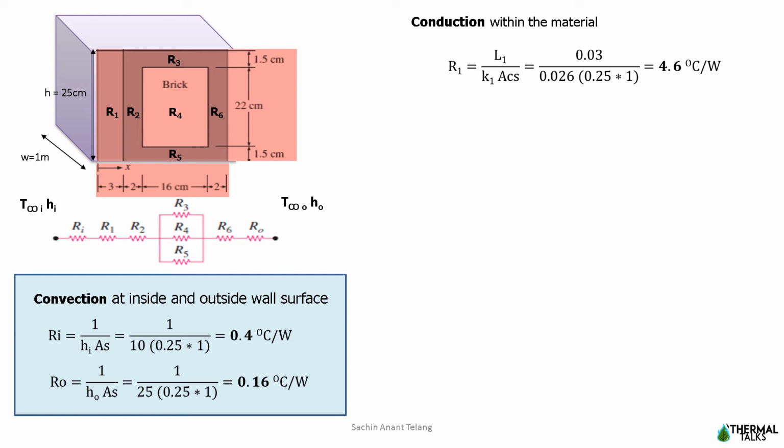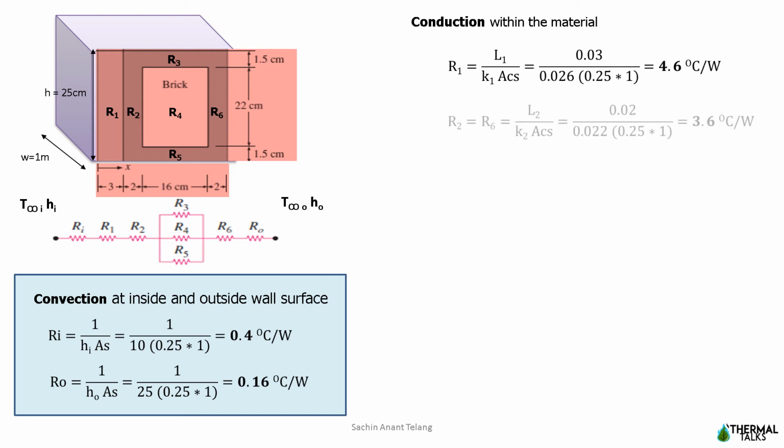So 0.03. K1 is nothing but the thermal conductivity of the foam, 0.026, and the cross sectional area. Here the cross sectional area is again the same as the surface area, because the heat is transferring from the left side to the right side. So the cross sectional area is the area which is perpendicular to the heat flow, which is nothing but height 25 centimeter and width 1 meter, 0.25 into 1. So I get